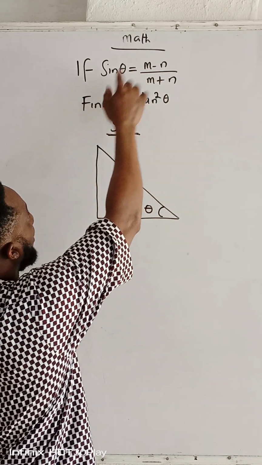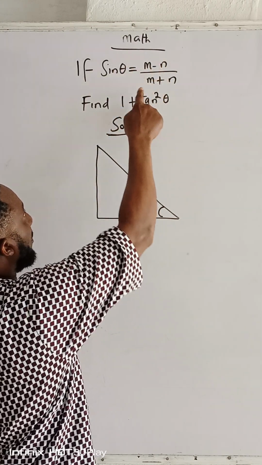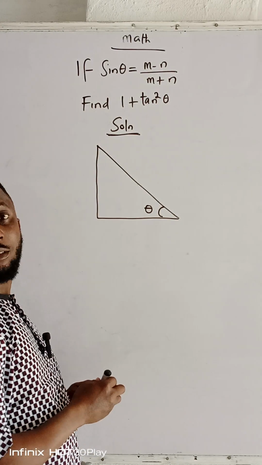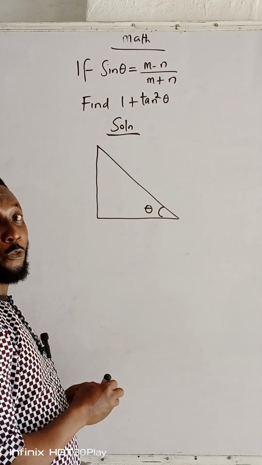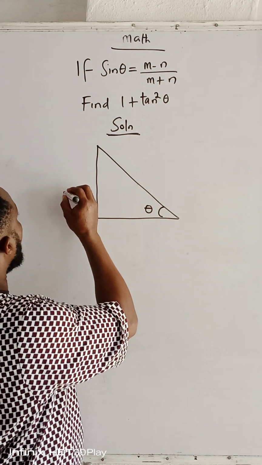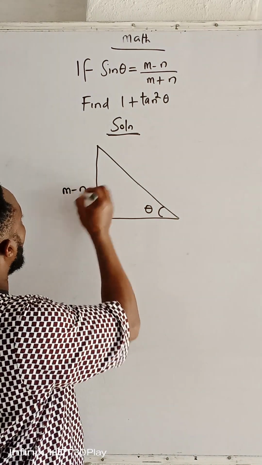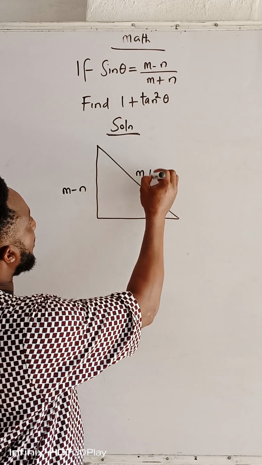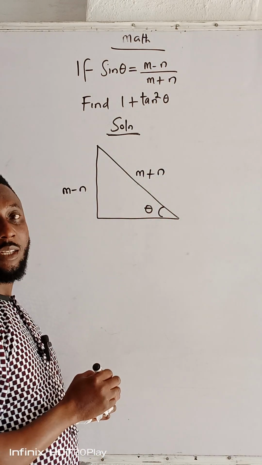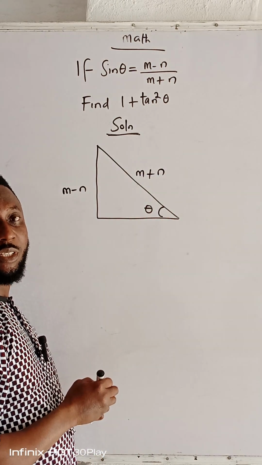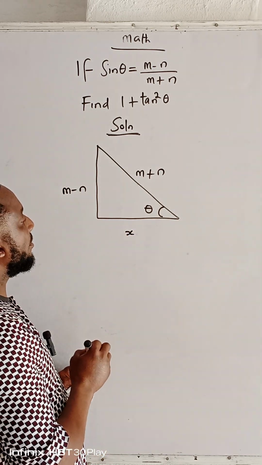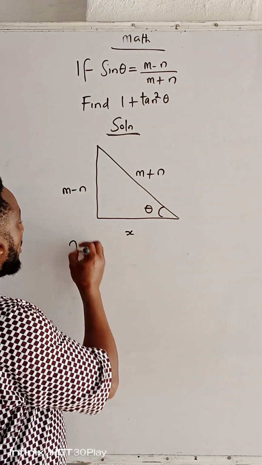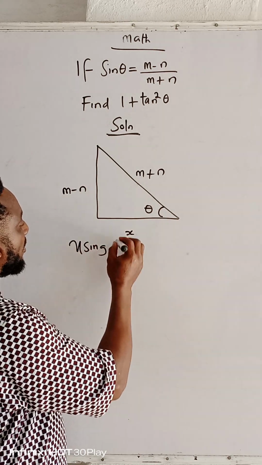We are given sine theta equal to m minus n divided by m plus n. And we know that sine theta is opposite over hypotenuse. So this is the opposite, m minus n, and this is the hypotenuse, m plus n. So you can see that in this triangle, there's a missing side, which is this adjacent side. So using Pythagoras' theorem,